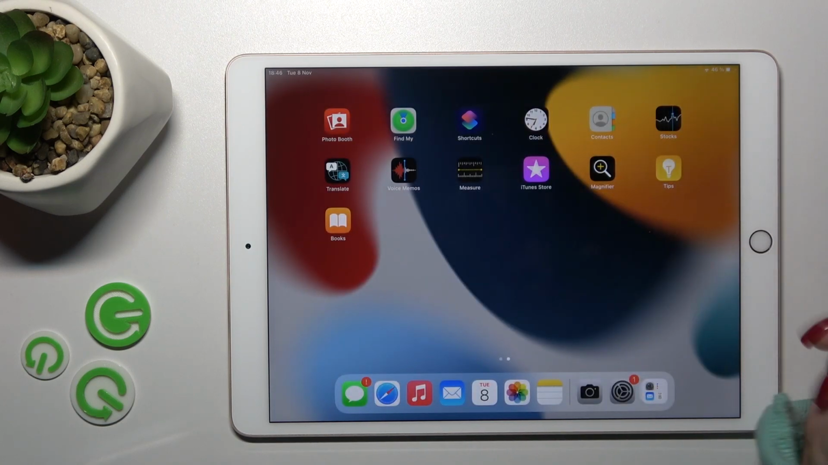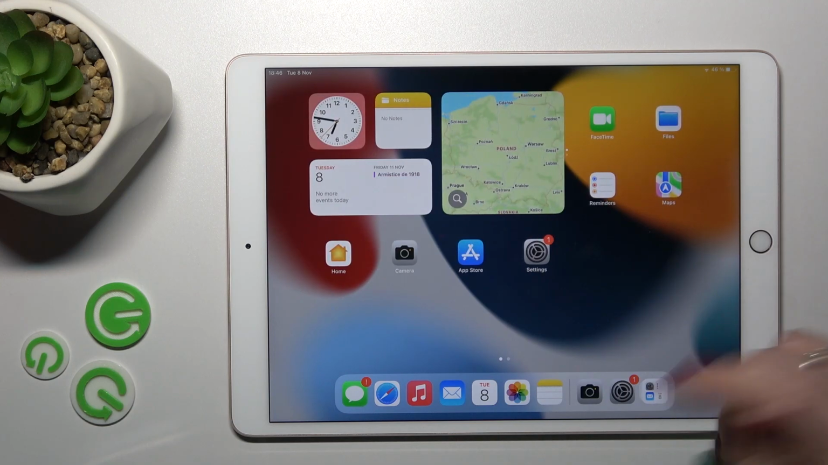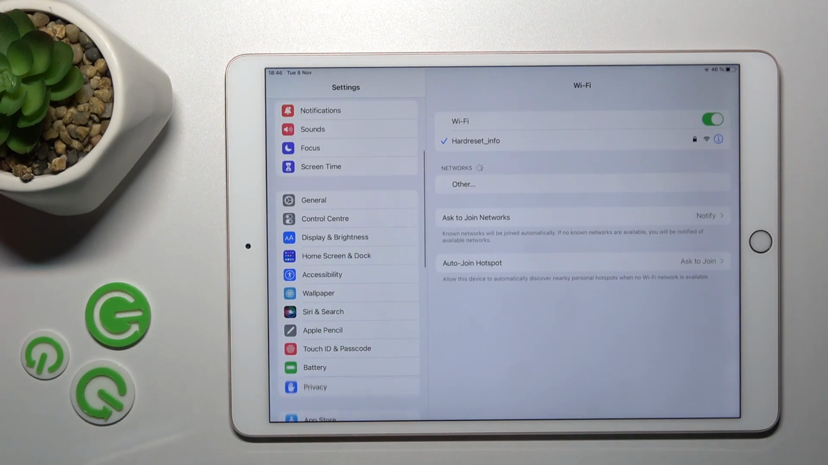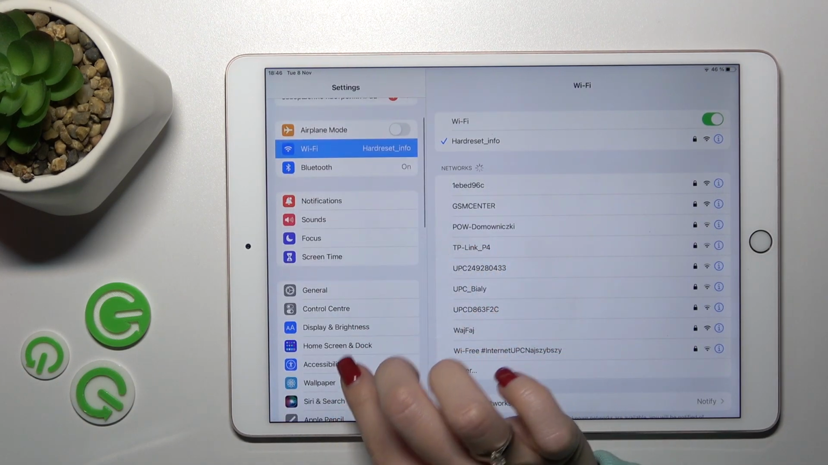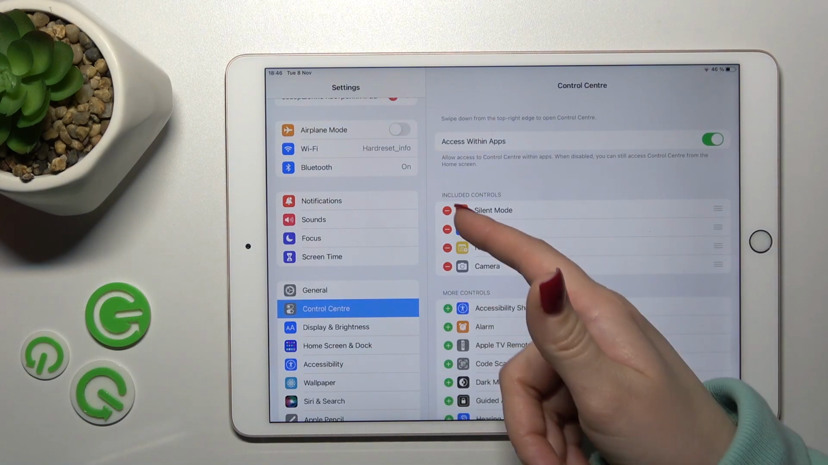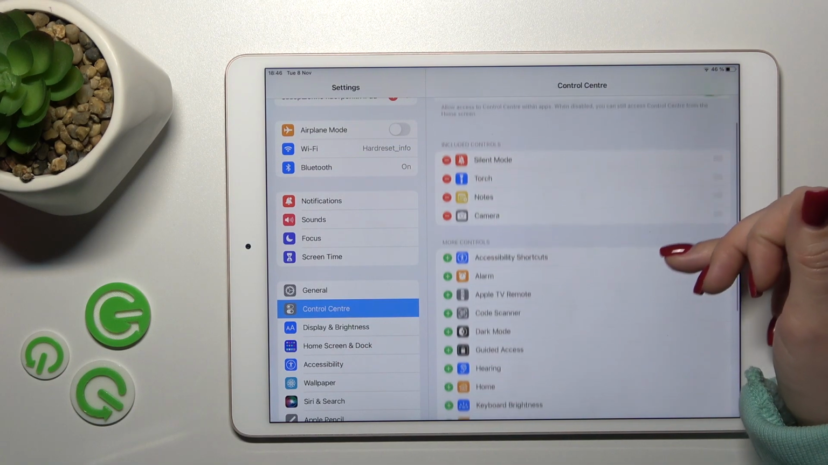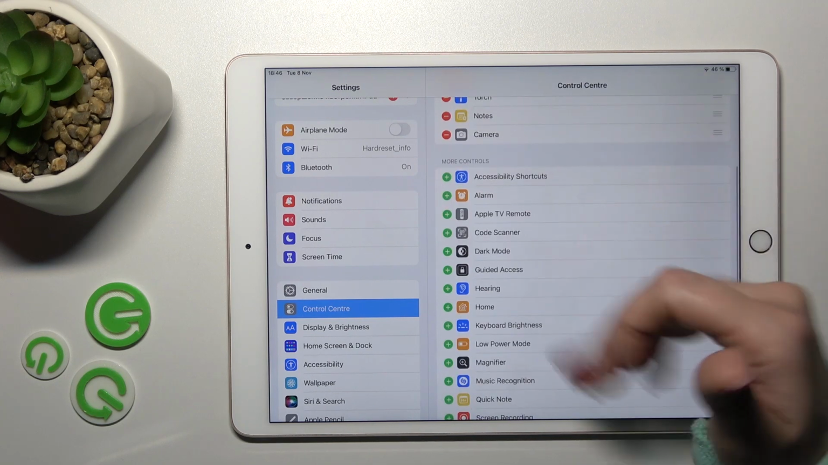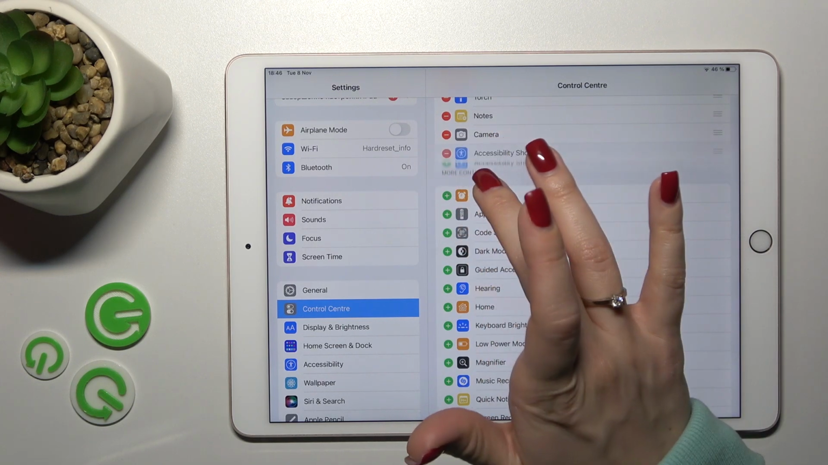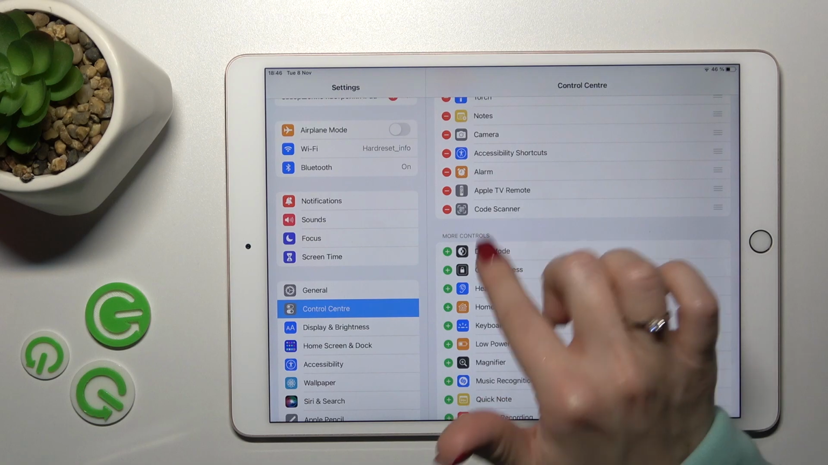If you want to add some options or remove some of them, or just change their positions, we should first open the Settings application and then tap Control Center. To add a couple of new icons to Control Center, we should click on the pluses near the